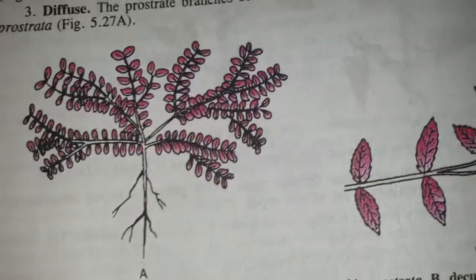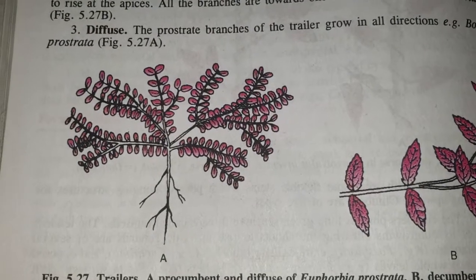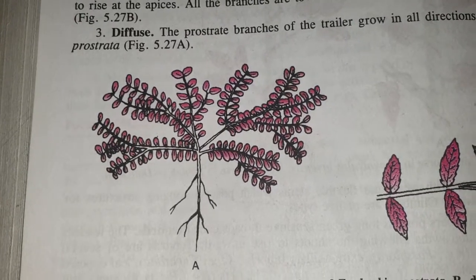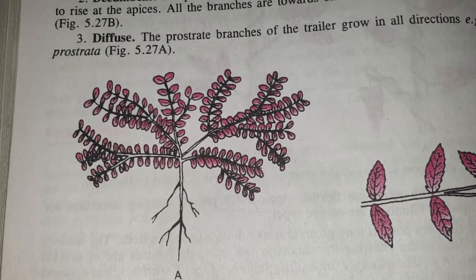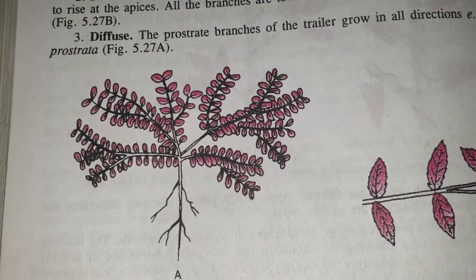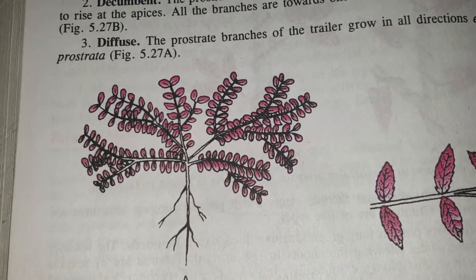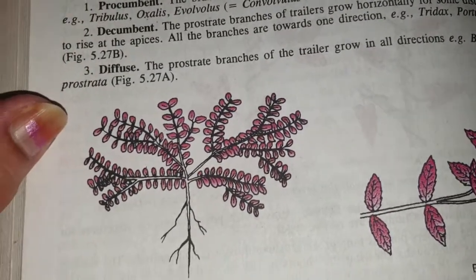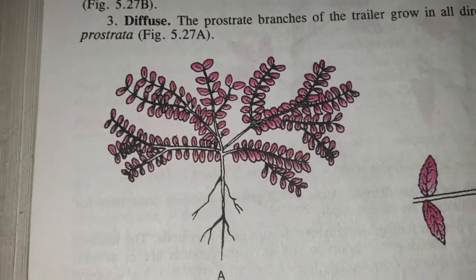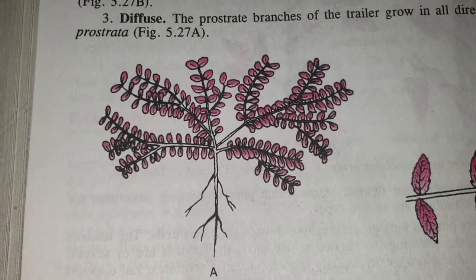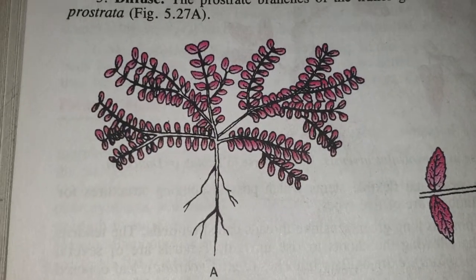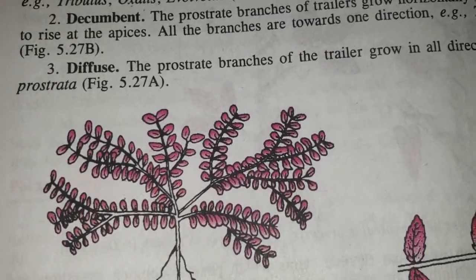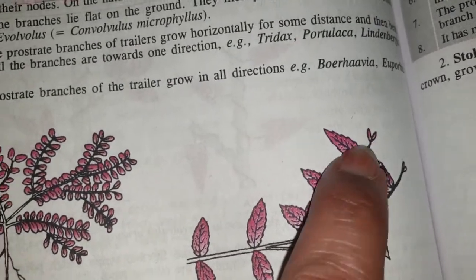Okay, so subaerial weak stems, we first come to the trailers. Trailers, these are short trails. They spread horizontally along the ground surface. They show rooting at nodal portions. Based on that we find different types. First is the procumbent, when the trailers grow flat on the ground and spread in one direction, then they are called procumbent. Decumbent means those which trail and have raised apices. That means they will grow for a particular distance and raise their apices.